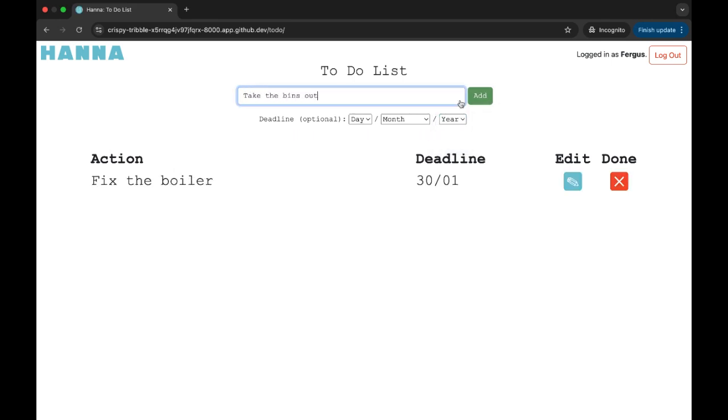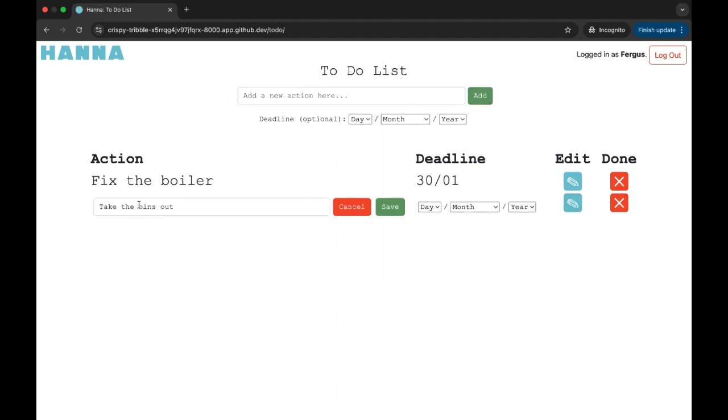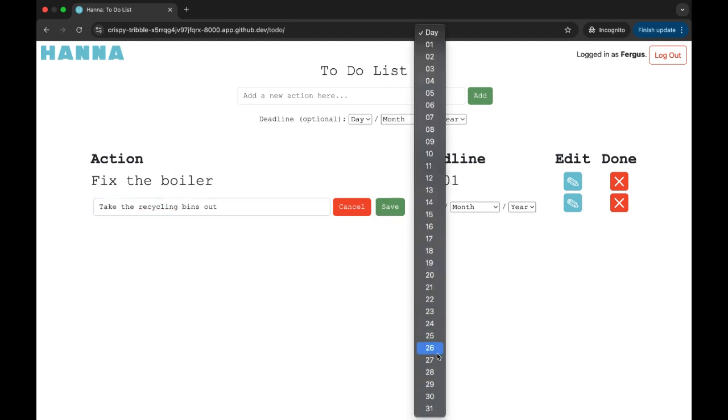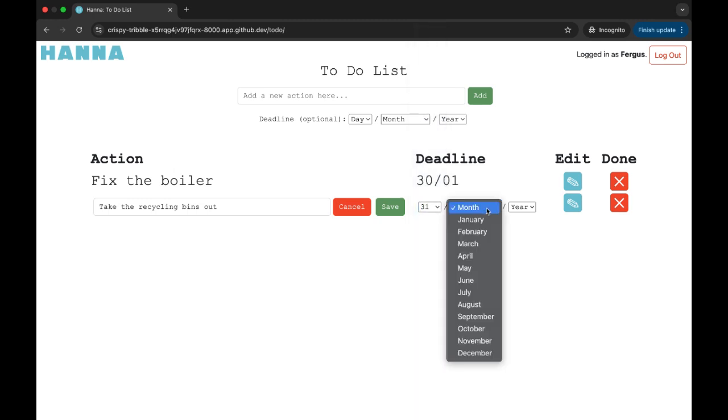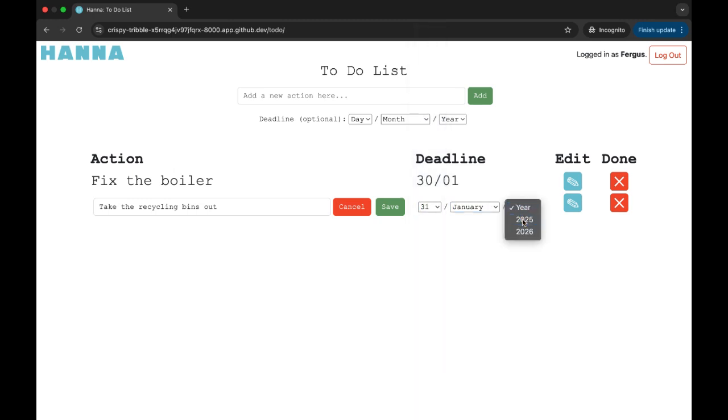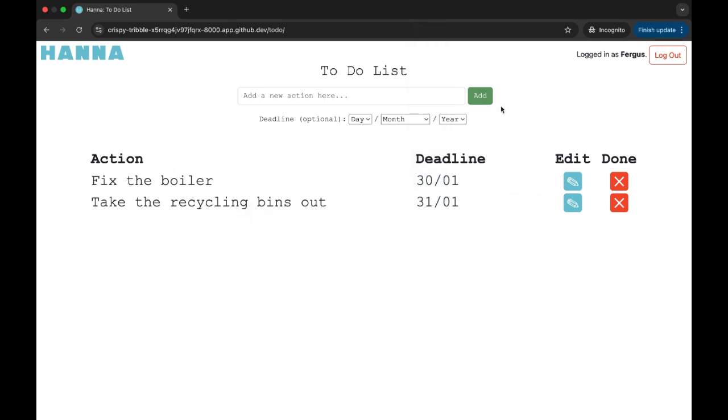Any dates partially submitted will be deemed incomplete and the action will be added without a deadline. However, the user is then free to make edits to existing actions by clicking the blue button. Finally, once an action is completed, it can be marked as done, and an animation will remove the action, move others up the list, and it will be removed from the database and therefore the calendar, which we will look